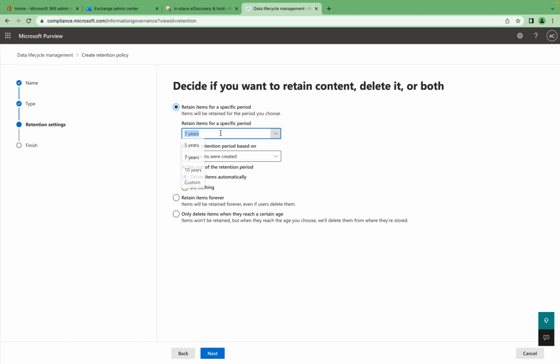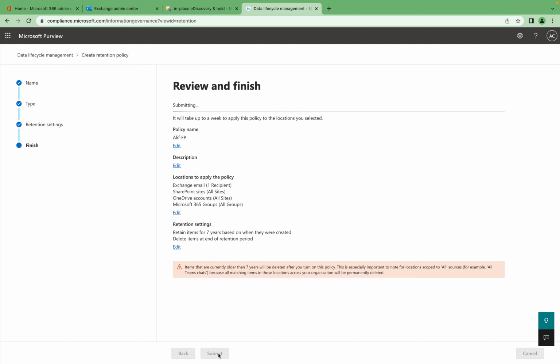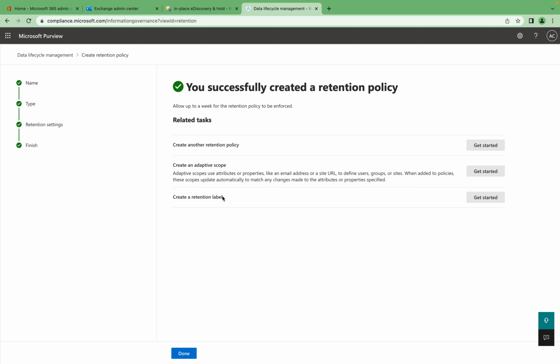You can specify the retention time, when the retention is going to start, or whether you want to retain the item forever, or only the deleted items when they reach a certain age. And you just need to click on this, and click on save. So it's going to take a few days to complete or apply the policies and the locations that we have selected, right? So it's going to be applied on